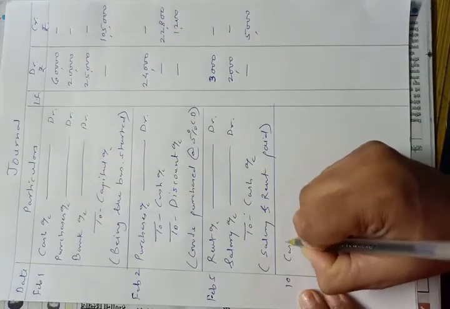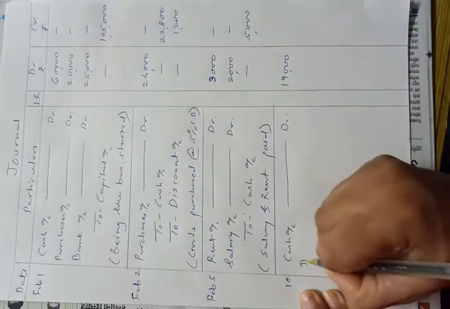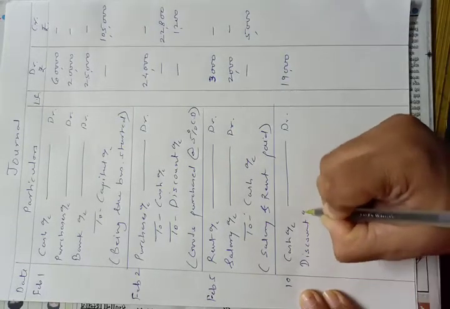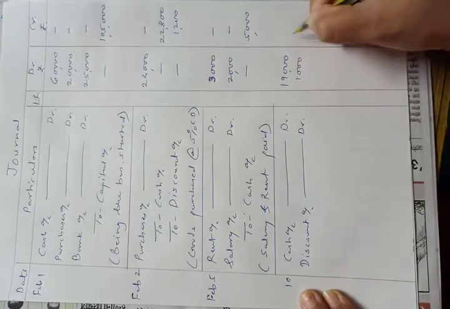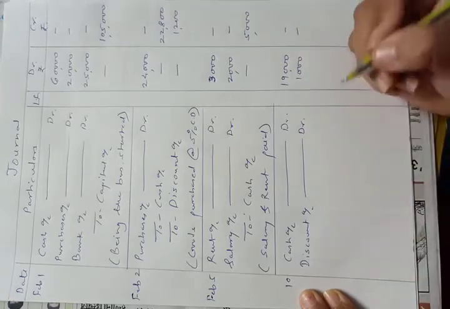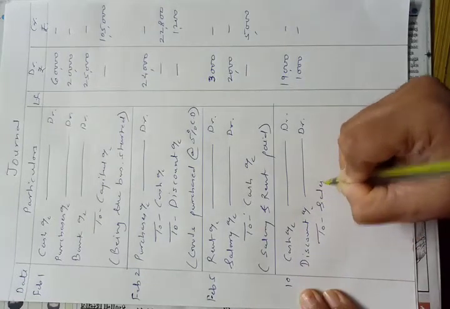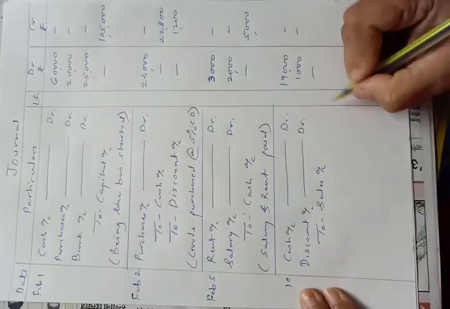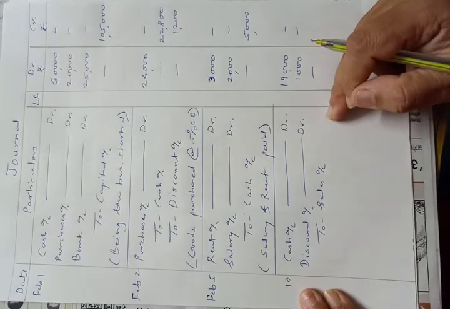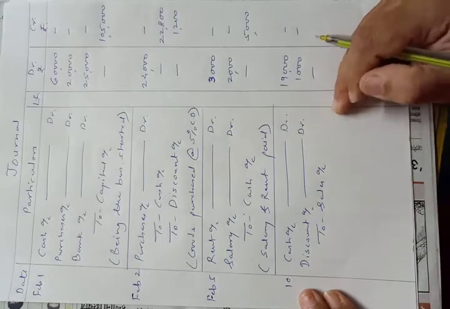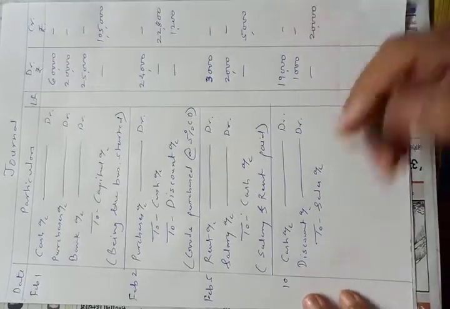We are receiving cash, so cash account debit 19,000. We are giving discount. This discount is our loss because we are receiving 1,000 rupees less from Nupur. So discount account will be debited, debit all expenses and losses. To sales account. Nupur's name is not necessary because this is the cash transactions entry, and in cash transaction party's name is not necessary in case of sale or purchase. So sale is of 20,000. This is the entry of cash transaction. Okay.